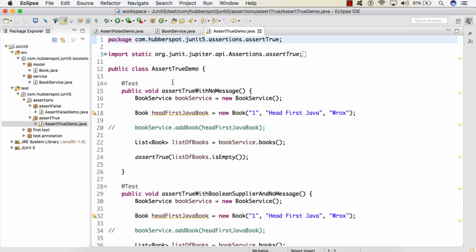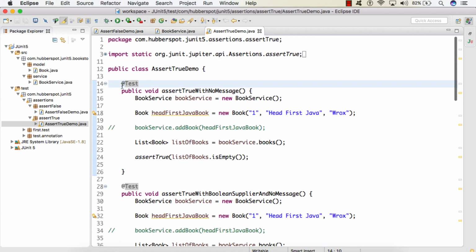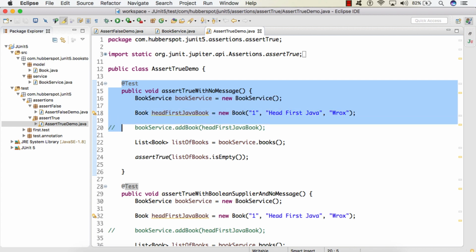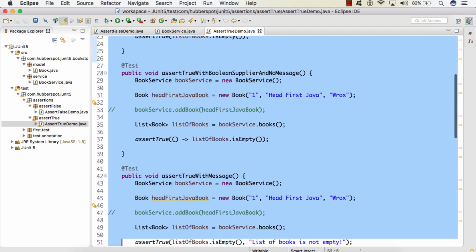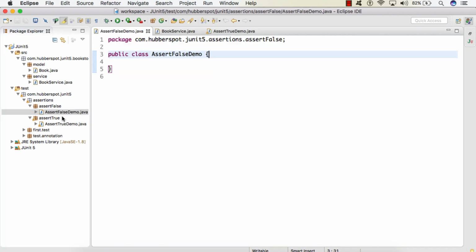AssertFalse works exactly opposite to assertTrue. So here I will be using the same examples. I will just copy all the examples, and in AssertFalseDemo, I will just paste them.